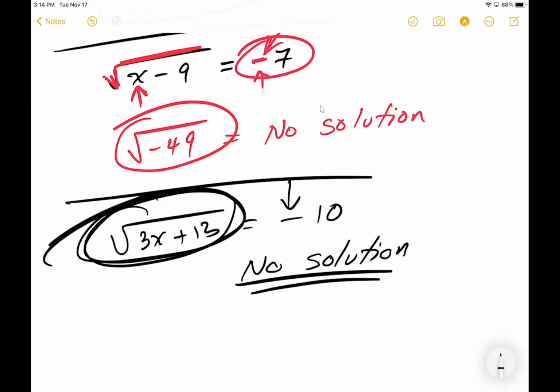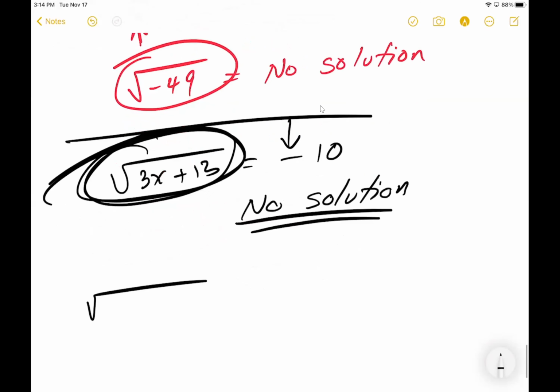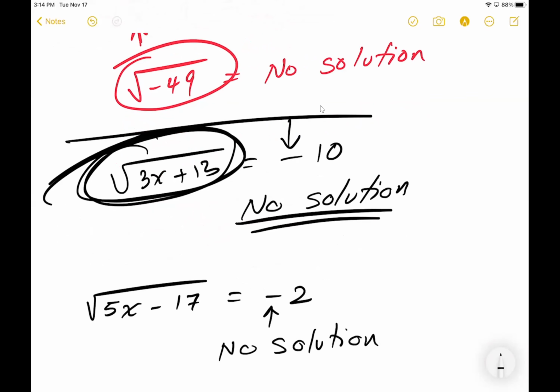So if you see a square root, doesn't matter what the square root is. The square root can be square root of 5x minus 17 equal to negative 2. As long as it's equal to a negative number, we say no solution. It's impossible for you to find me a number that you take a square root and give you a negative. So if you have a radical equal to a negative number,